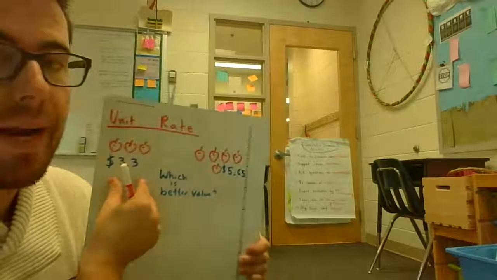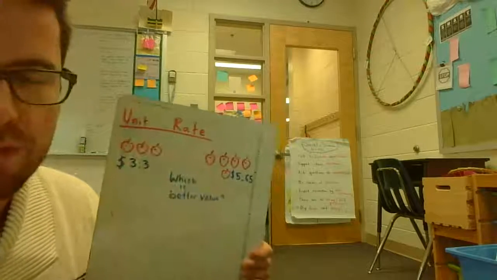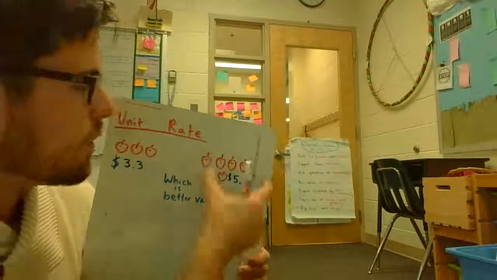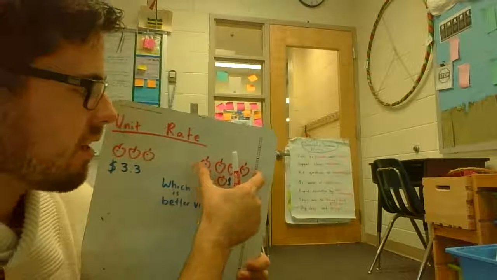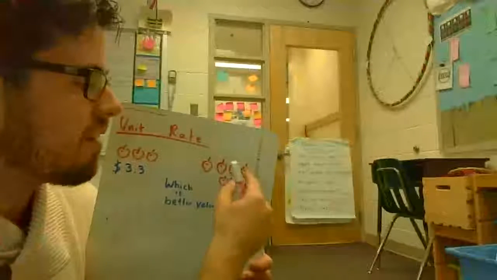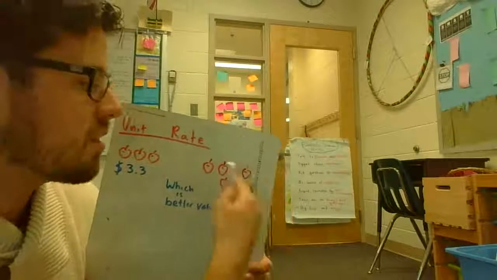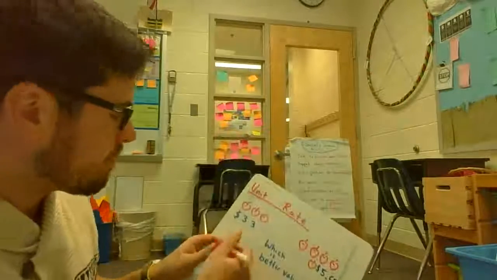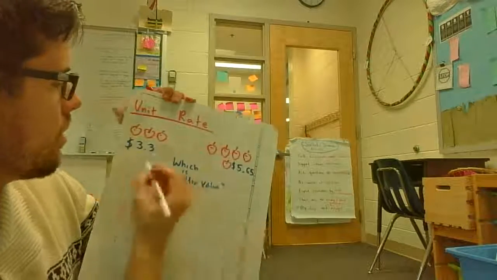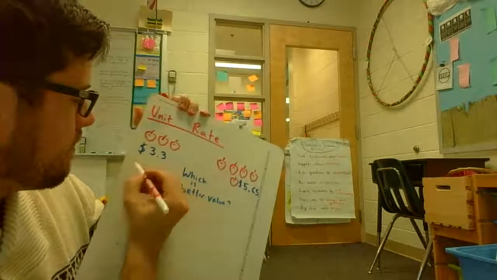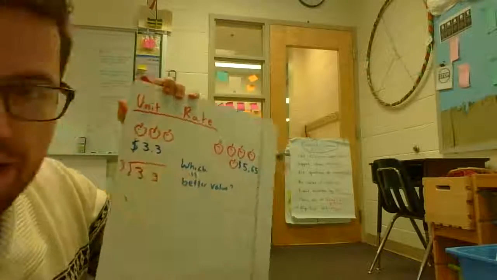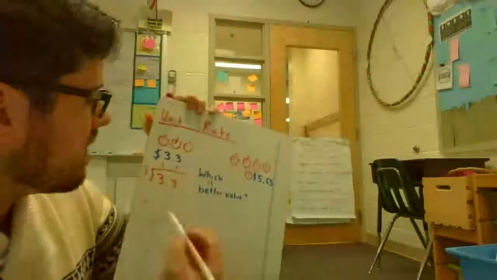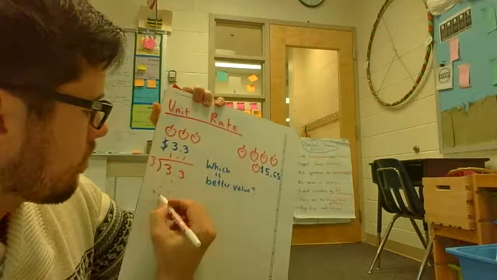If we divide the price by the number of apples, we will be able to tell what the price is for 1 apple. If we take the number of apples here and the price here and divide by the number of apples, we'll be able to tell what the price per apple is here. Okay, so in this case, we would set up this problem as 3.3 divided by 3. And if we were to do that, we would see that each apple in this store costs